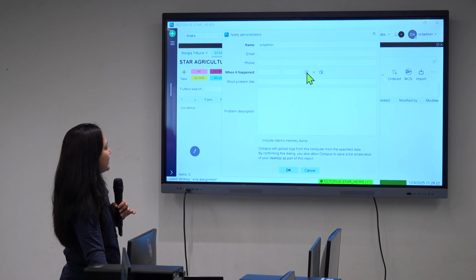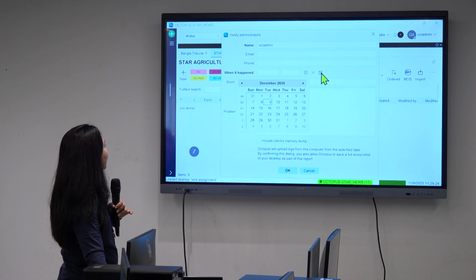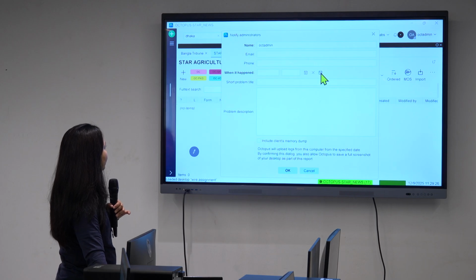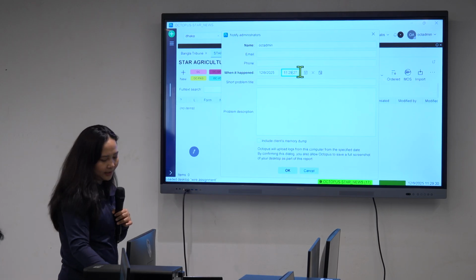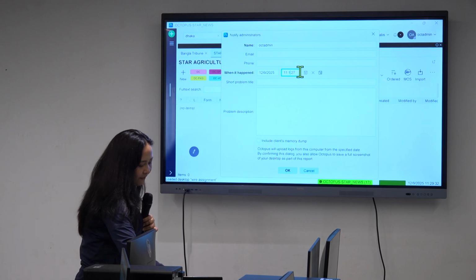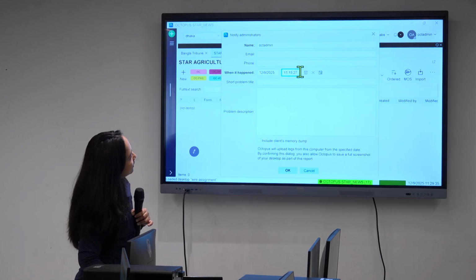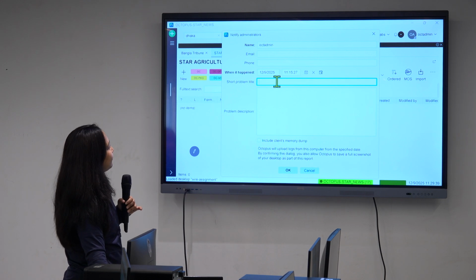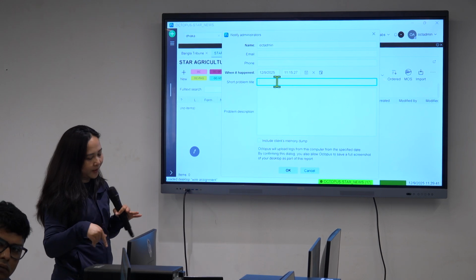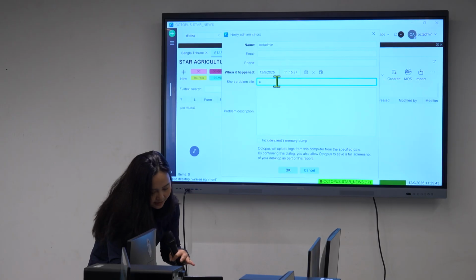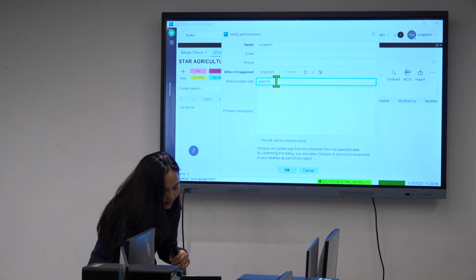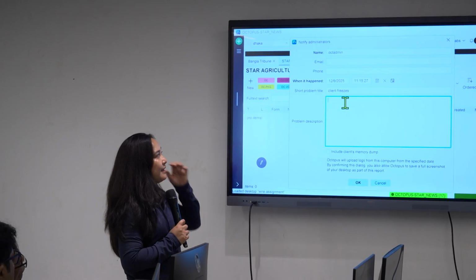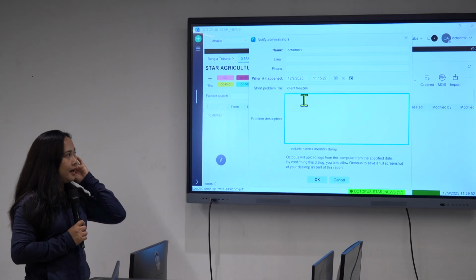You just have to press this calendar right here, or this calendar for today. And then you can specify the time. So say for example, it happened around 11:15 a.m. And then from here, you type the short problem title. Let's say client freezes, and then you type the description. What exactly happened